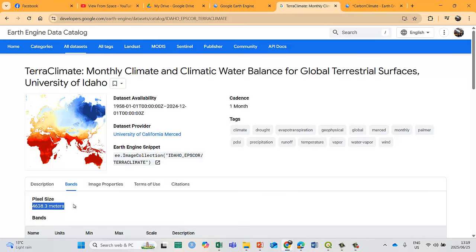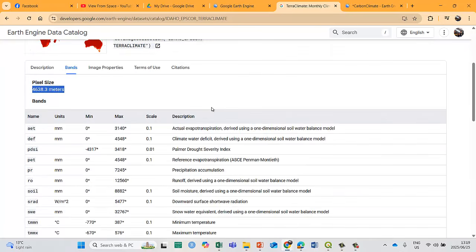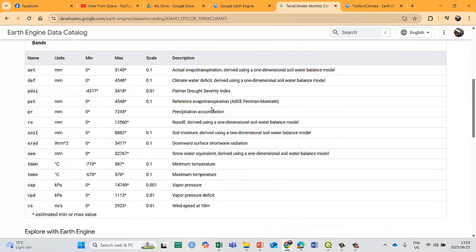Rain is maybe not a good example because you do have very localized rain, but for heat and stuff like that, I assume the low spatial resolution is not too much of an issue. One month, that's perfect. And these are all the bands in here. As I said, it's a very, very nice data set, and it's really something that I can recommend.